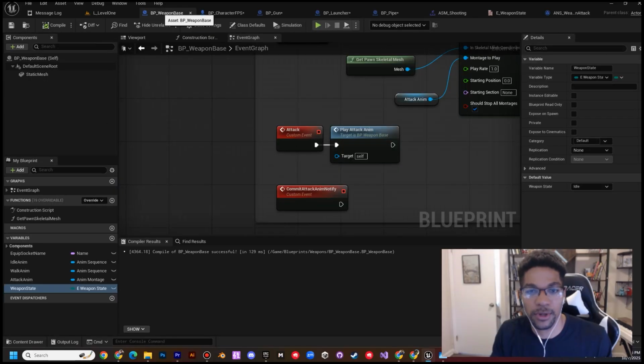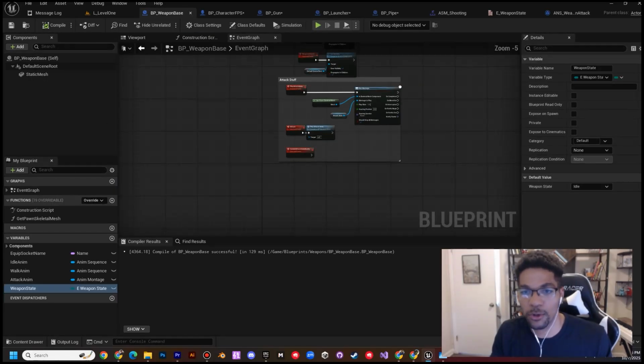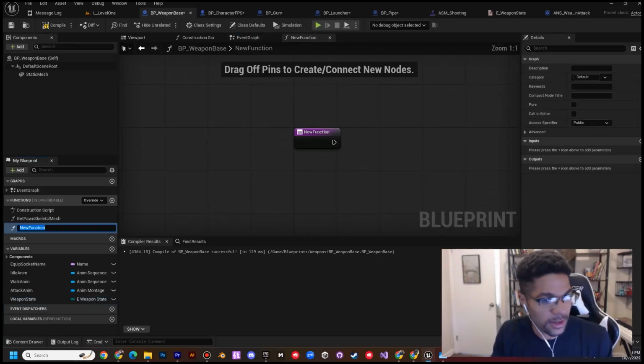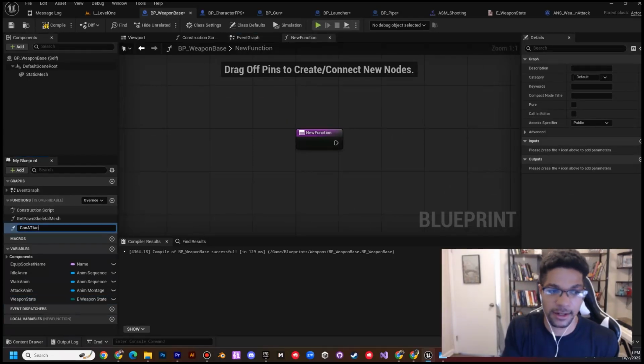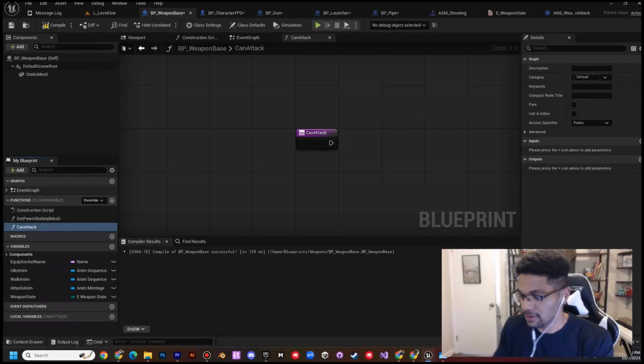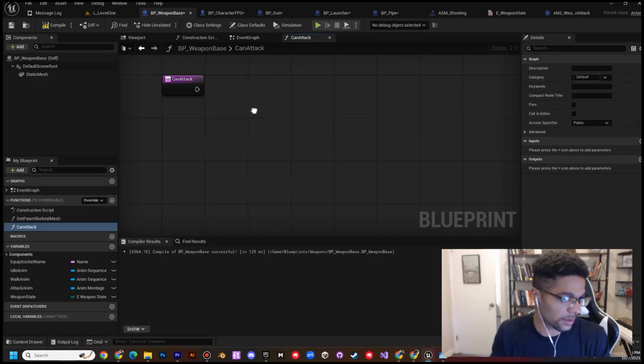Let's go back to BP weapon base. This time we're going to create not a custom event. We're going to create an actual function. So go to the functions panel and press the plus button. Call it can attack, which is self-explanatory. It's going to make sure that thing is done before we can attack again. And with that open, let's